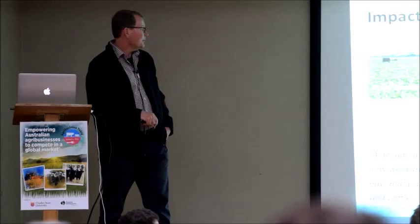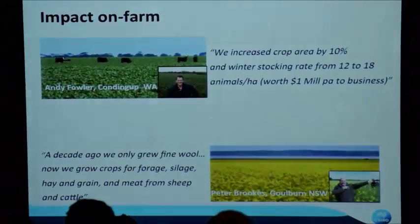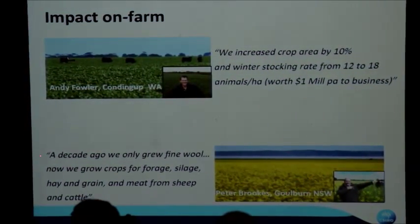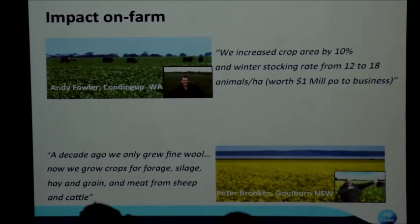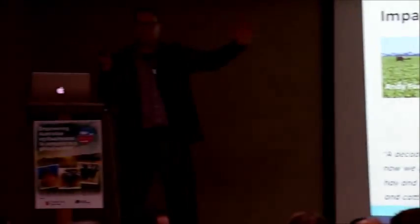And closer to home, where I'm based in Canberra, the guys at Goulburn, essentially that was fine wool country. We do fine wool here. You can't grow canola here, is what Peter heard. And he used to grow fine wool only 10 years ago. And now he's got a whole lot of different things going on the farm. He's diversified quite significantly and doing well again. Much higher, much longer season there, so the winter types is what he's using. Manning wheat and